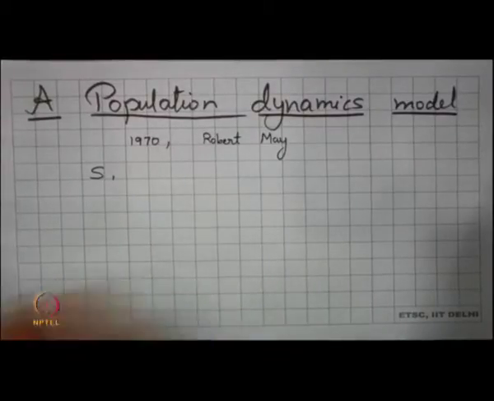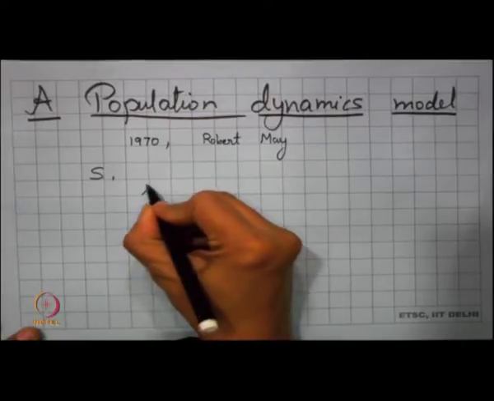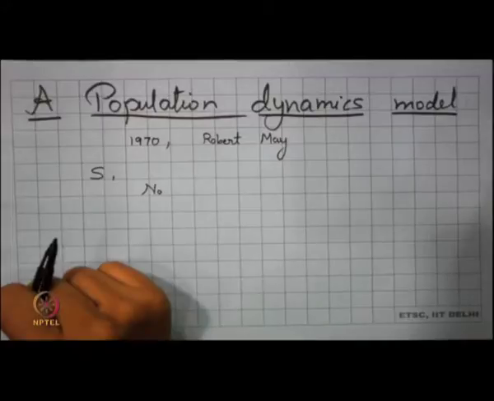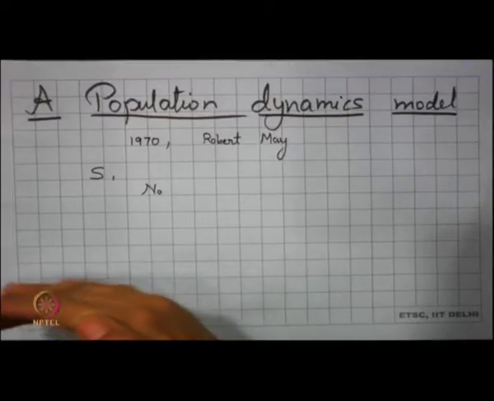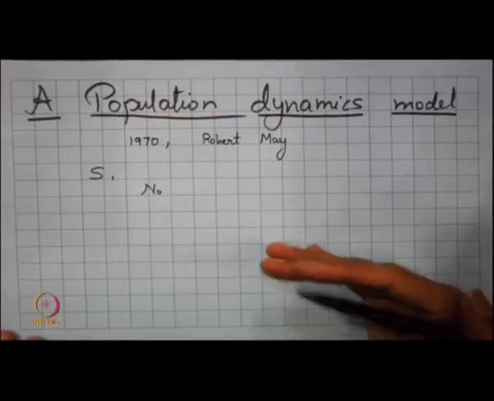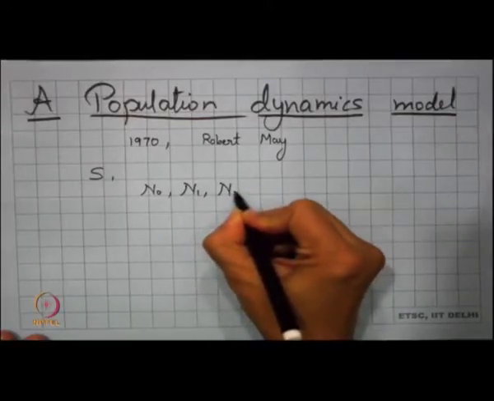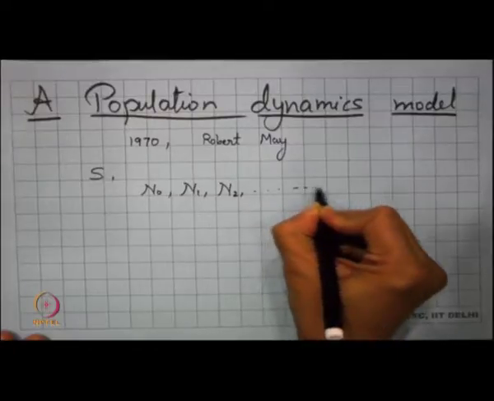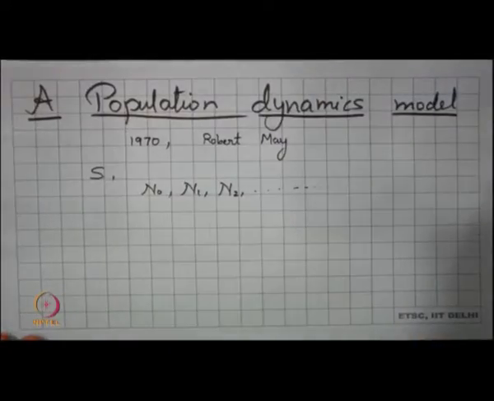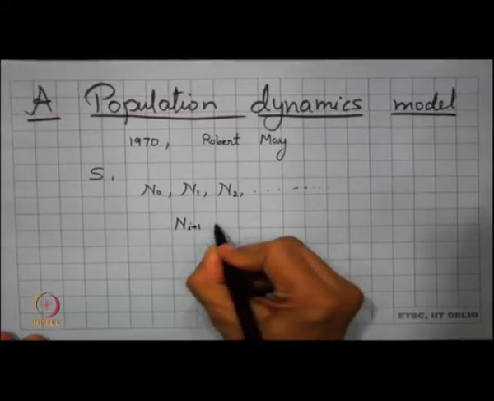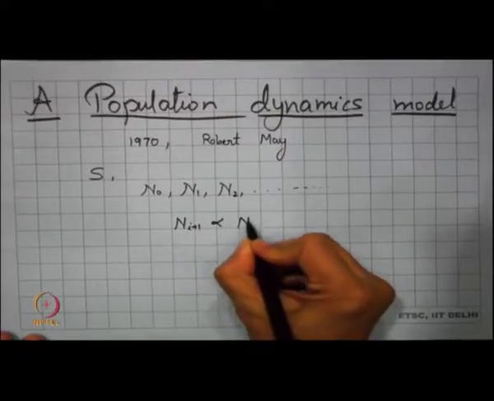So, we start with N0, say for example in the very first year the number of species is N0, then it has been observed that whatever the number of species comes up next year depends on the number of species this year. So, supposing in the next year we have the number of species to be N1, after that we have N2 and so on. So, he observed that N(i+1), at the (i+1)th year, is basically proportional to Ni.